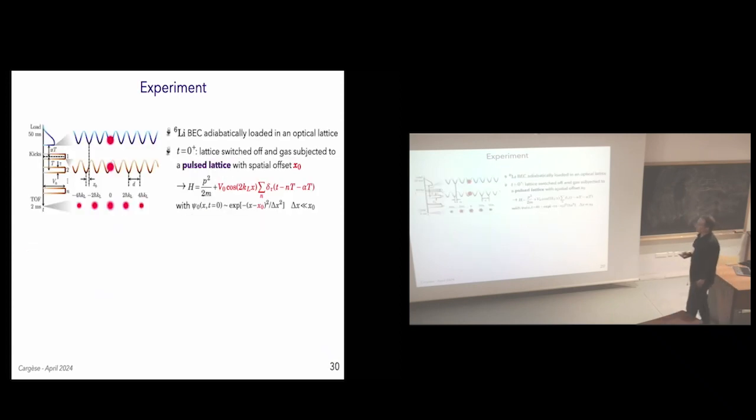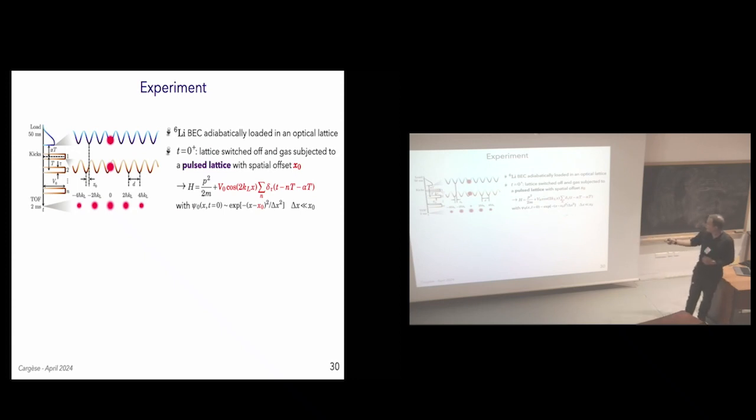And the principle of the experiment is pretty clever, actually. So what they did is the following. They loaded a Bose-Einstein condensate in a lattice, optical lattice, in such a way that its wave function is narrow in a deep well of the lattice. And then at the beginning, they switched off this lattice, which was just used to prepare a narrow wave function. And they turned on a second lattice periodically pulsed in time. But this lattice was shifted by a spatial distance x with respect to the first one. So in this way, they really simulated a quantum kicked rotor model in which you see that the wave function